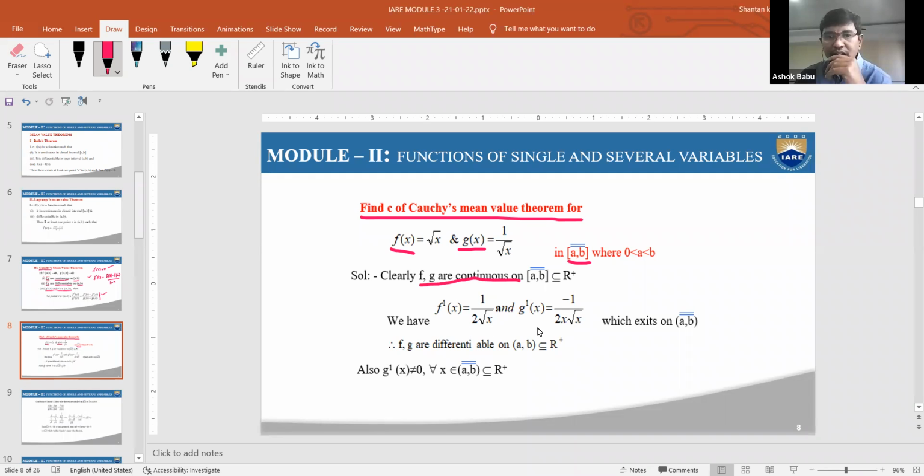Even though root x is in the denominator, x is not given any zero value. Therefore, differentiability clearly exists. According to the second condition, g'(x) and f'(x) are also differentiable in the open interval (a, b). That means the two conditions are